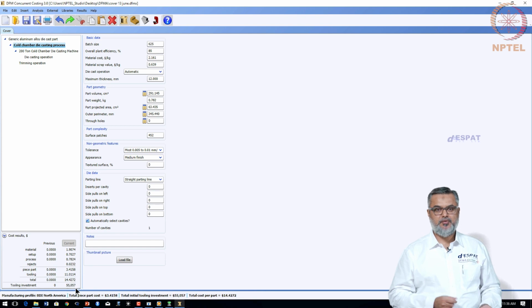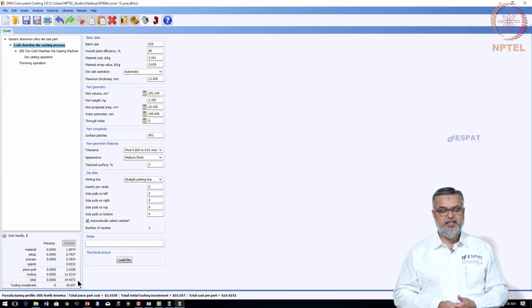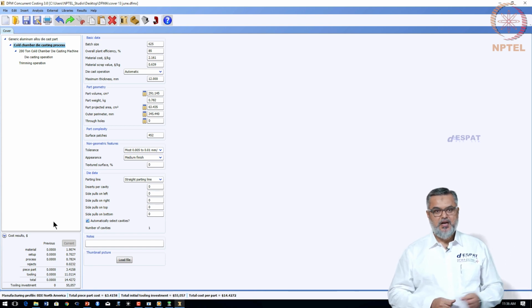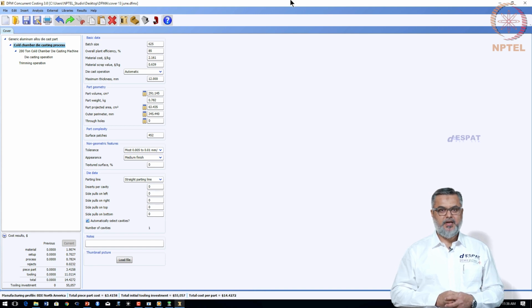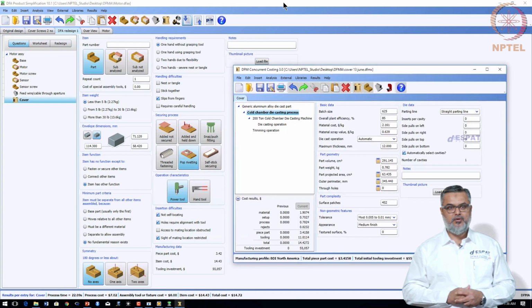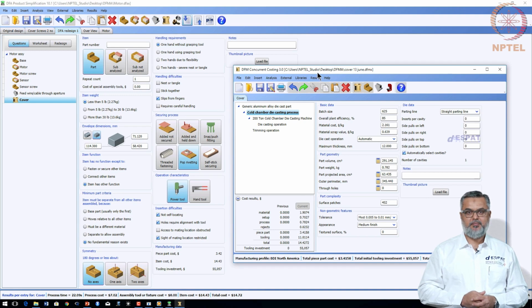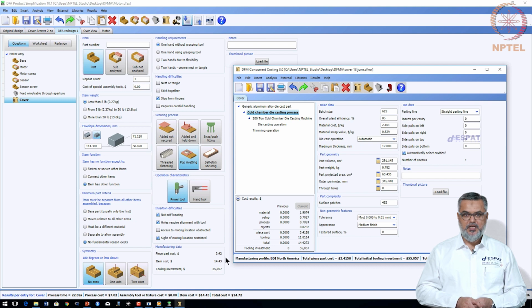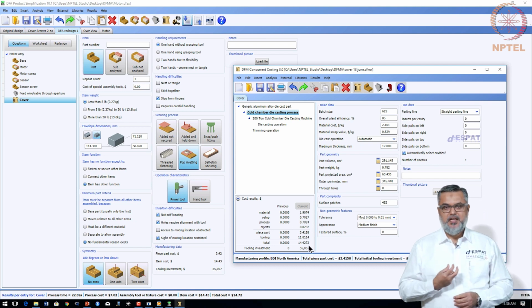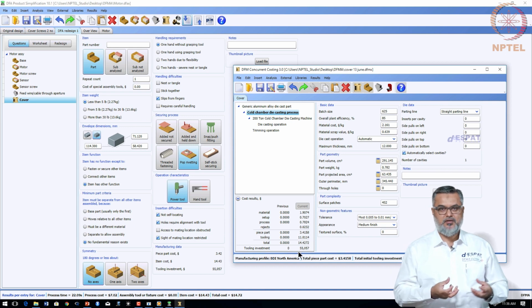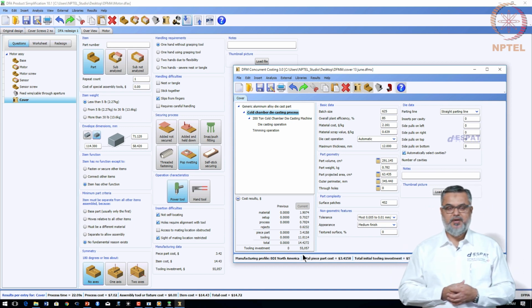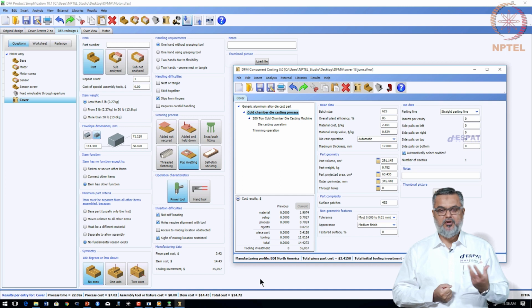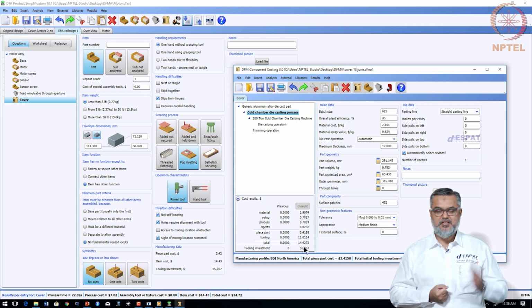So, you have tooling investment, which is the mold cost in this case, and the cost of the piece part. Now, if I were to minimize this window for a minute and you look at the design for assembly window from where we actually got this parent part, you will see on the right hand side that the manufacturing cost is captured, which means I could probably be doing designs here and I could be sharing this on a common server where some of my friends or associates or vendors can pick off this design somewhere else in the globe,